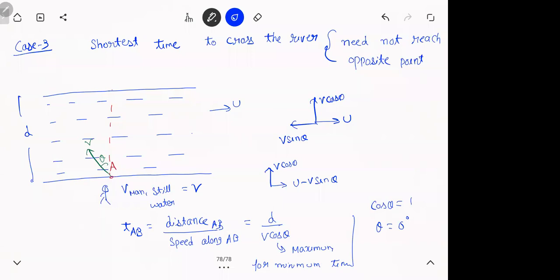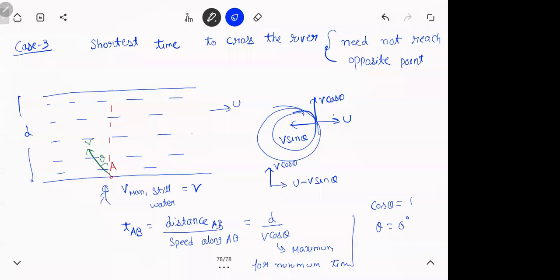Now, if you look at this intuitively, you could have got this much faster. Tell me one thing. Will the river ever help you to cross itself? If you just stand in the river, will you ever cross it? The river will always take you this way. The river will never help you to go this way. That means the only velocity responsible for crossing the river is your own effort. So if you want to cross the river, why are you wasting your energy opposing the river? This V sin theta is opposing the river. You're unnecessarily wasting some part of your velocity to oppose the river.